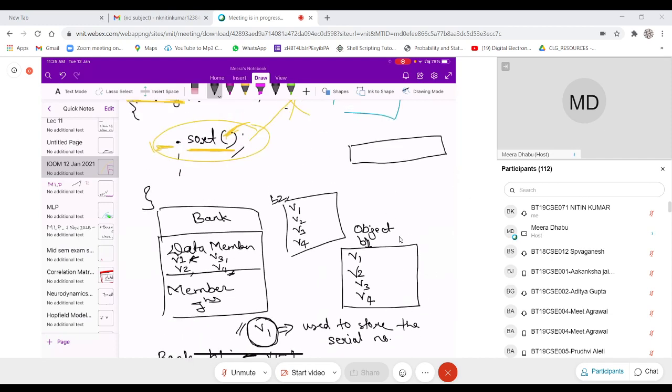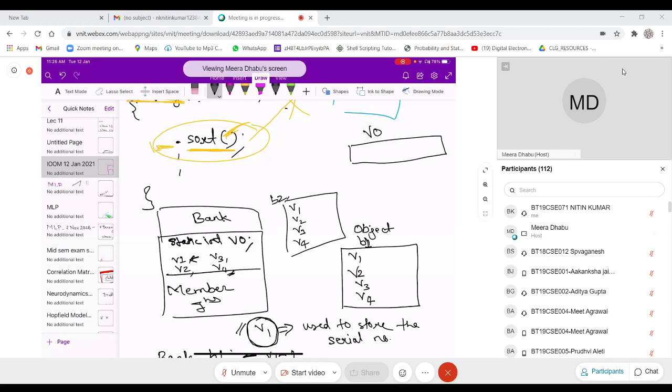Now this V0 will be only one, and it will be shared by all the instances, or all the objects of the class bank. All of you are with me? This variable is called a class variable.